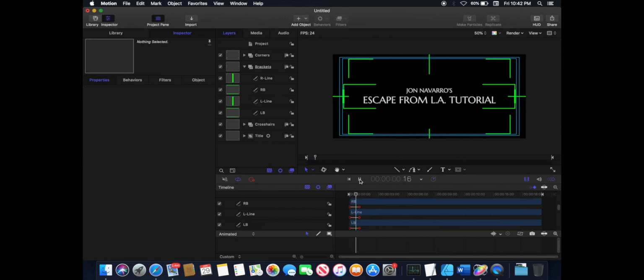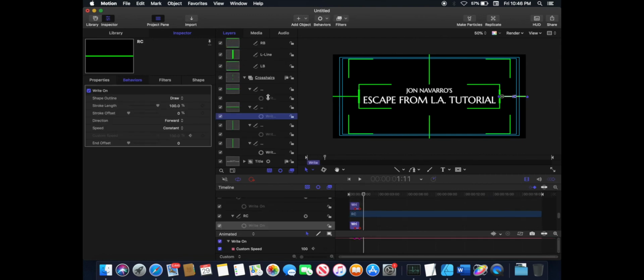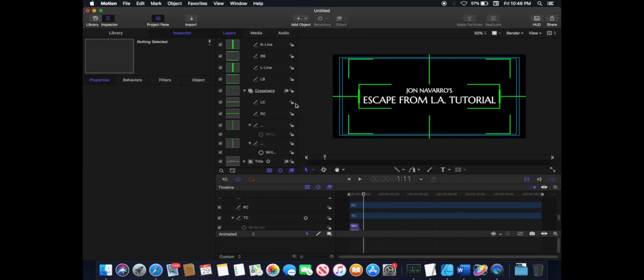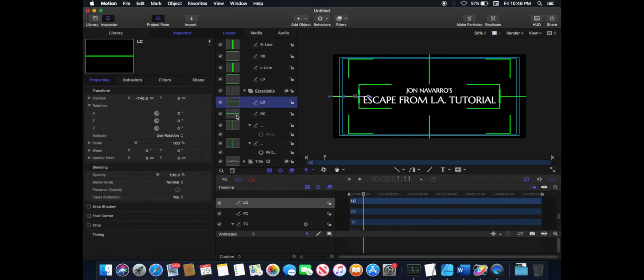And when we play that back, now you'll see that this comes in at the same time as the left and right crosshair, and the timing is slightly off. Okay, so we don't want that. We want this to look like it's coming in at exactly the same moment. So what I want to do to correct this is take the right on behaviors. We're going to delete the right on behaviors for the left and the right crosshairs, and we're going to bring those two crosshairs up to the